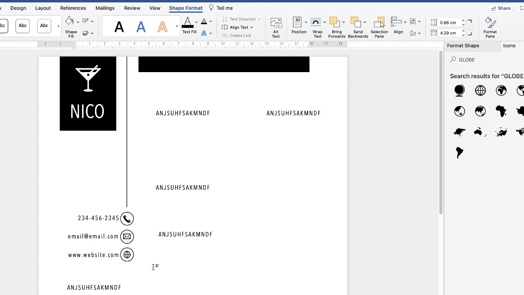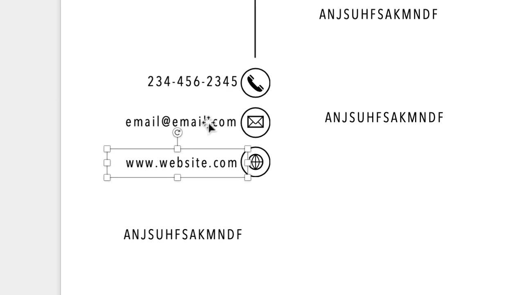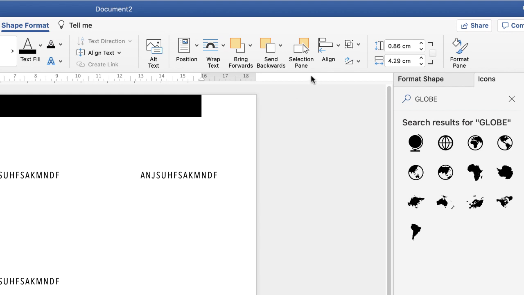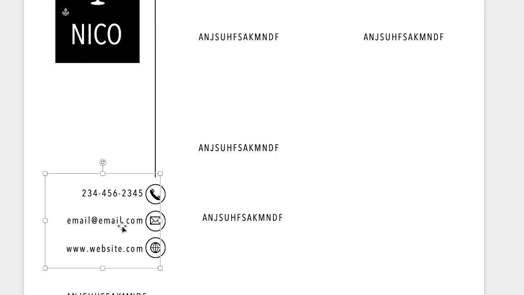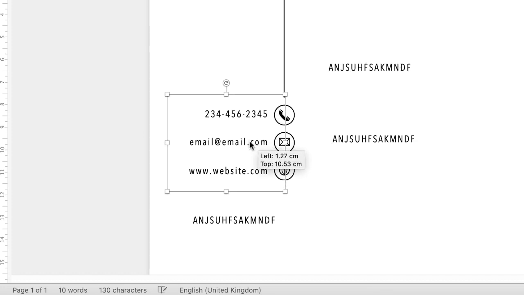And just click off to check that you're happy. Now don't worry about the spacing here because we can adjust that now. So if you're happy with the alignment, again select them all, go up to Groups, which is here, click on the drop down and select Group. And then again you can now move this section round as one, and then there'll be no nudging every time